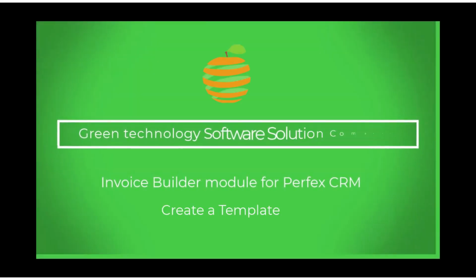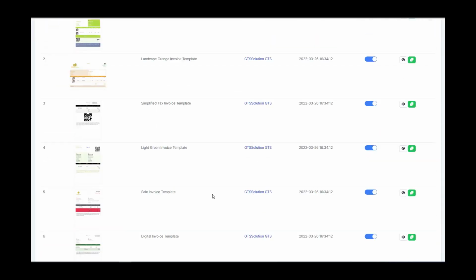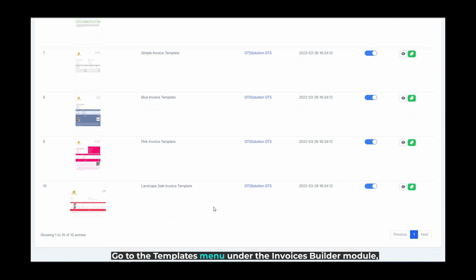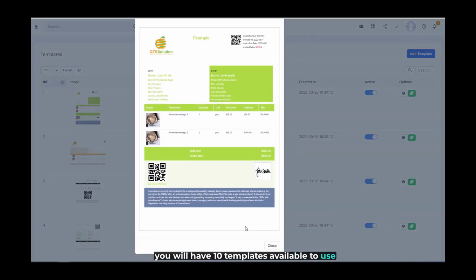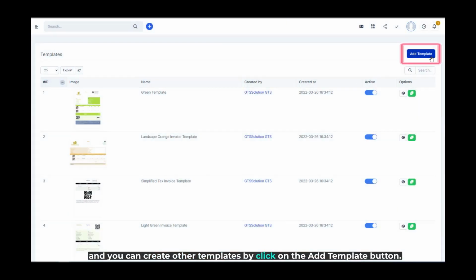In this video, I will guide you how to customize the invoice and create a custom field to create a template. Go to the Templates menu under the Invoices Builder module. You will have 10 templates available to use, and you can create other templates by clicking on the Add Template